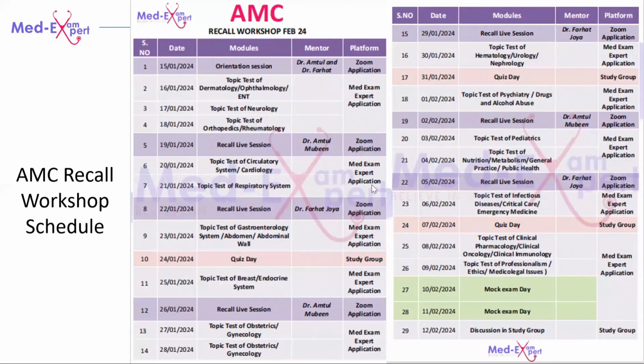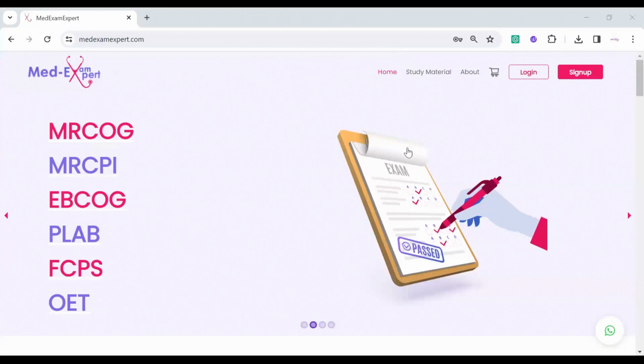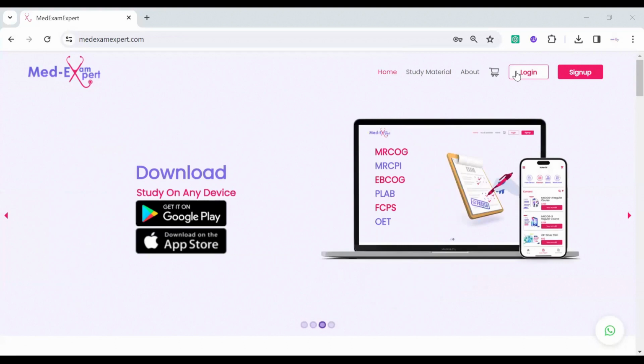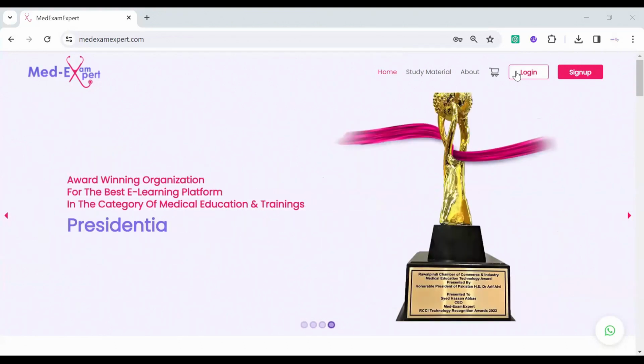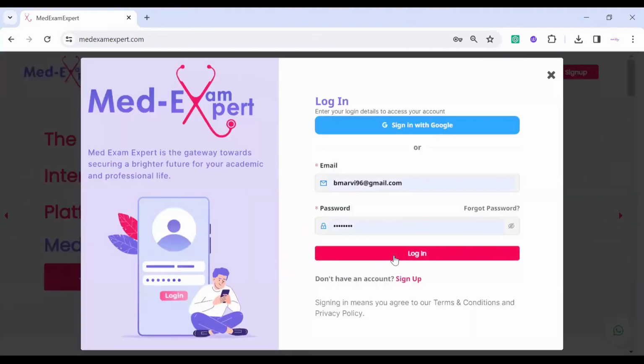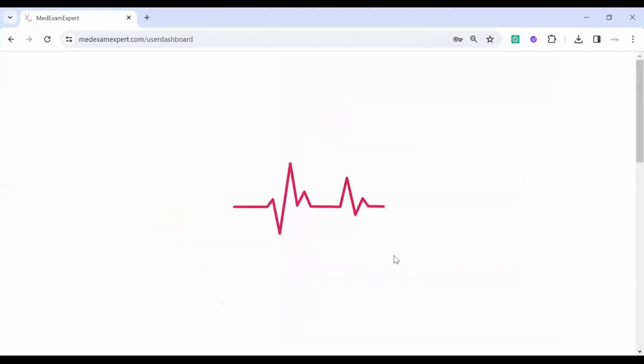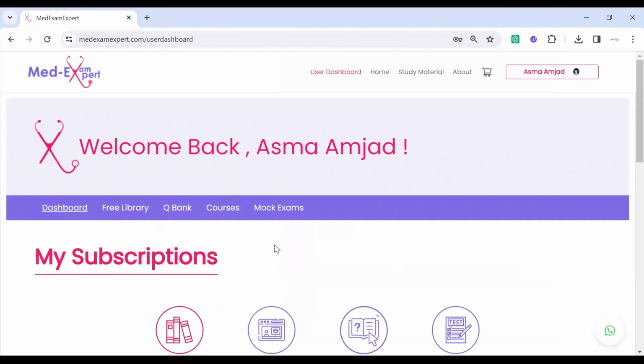So let me give you an overview of your QBank. Just give me a second so that I can share our website link. I hope you all can see the screen. So this is basically our application. To access the application, you have to sign up first, create your account and share your account details with us so that we can give you access. First you need to log in. After logging into your account, you will see the website.